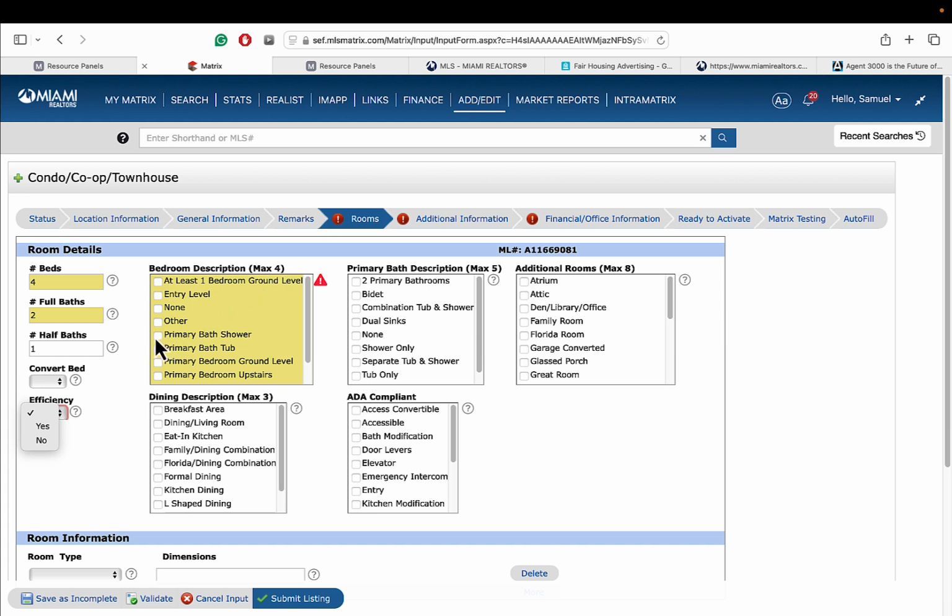All right, from here we're going to go and select primary bath shower. We're also going to select primary bedrooms upstairs. And we can supply greater information for the primary bath description as well. We can select up to 5. We're going to go ahead and select 2 primary bathrooms